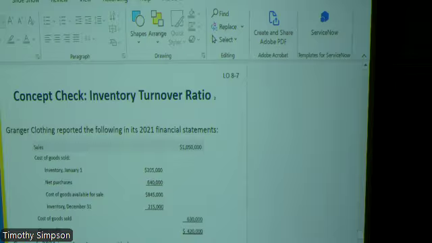Faster is better, typically, assuming you can meet the demand and turn the inventory over quickly. Again, inventory doesn't do anything but eat up cost over long periods of time, and so we want to be clear about what's going on. All right, so we've got about 20 minutes, and we want to get into the more complicating factors